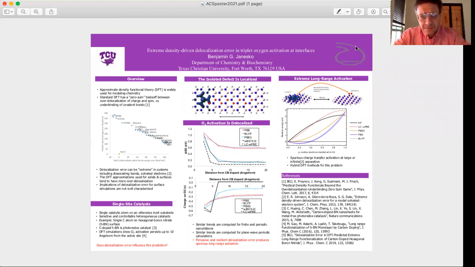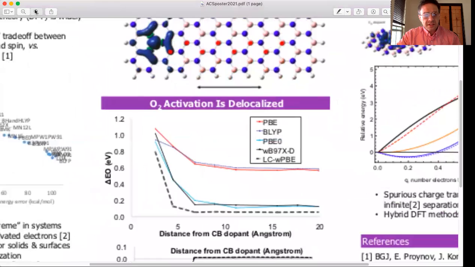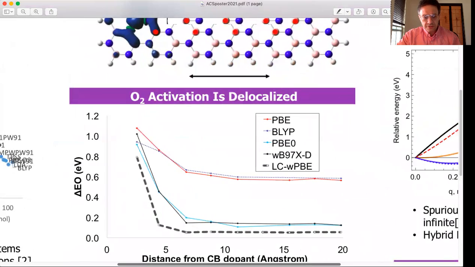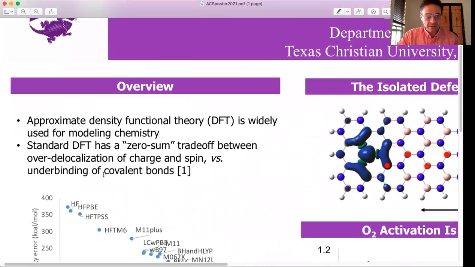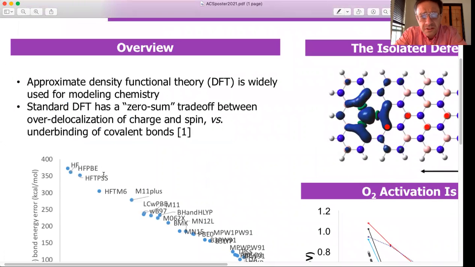All right, so my name's Ben Janesco, and I'm going to give you a brief overview of this poster on extreme density-driven delocalization error in triplet oxygen activation at interfaces. This whole problem is an issue that shows up when you're trying to do density functional theory simulations of complicated systems. So approximate density functional theory is widely used for modeling chemistry, especially surface chemistry, but it has some underlying